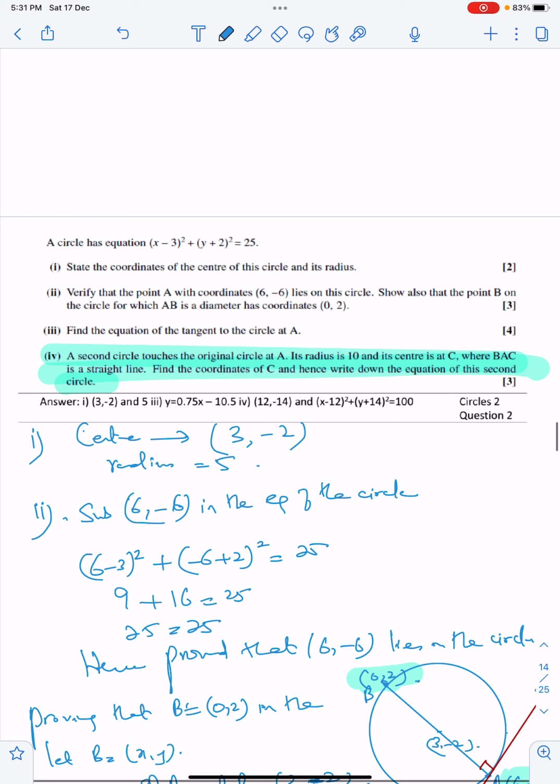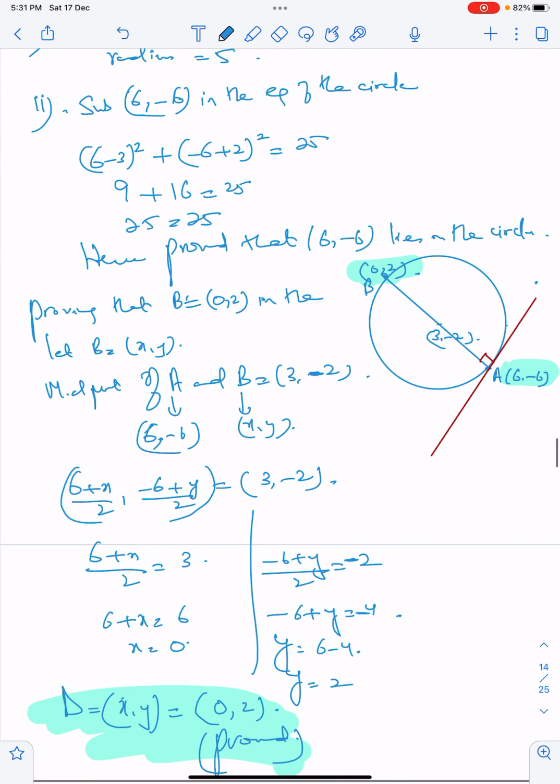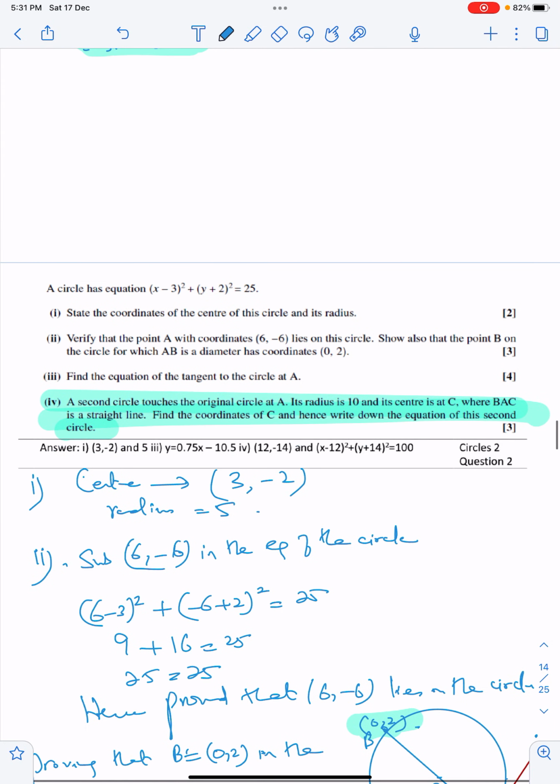Okay, we don't have to find out the coordinates. Find the coordinate of C and hence write down the equation of the second circle. Okay, fine. So the coordinate of C would be